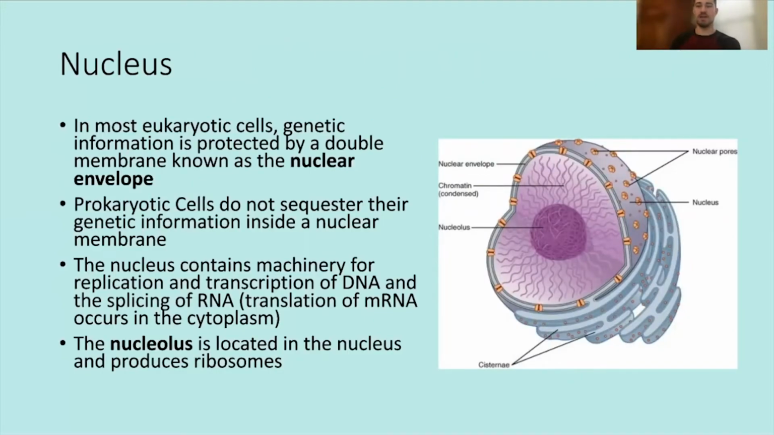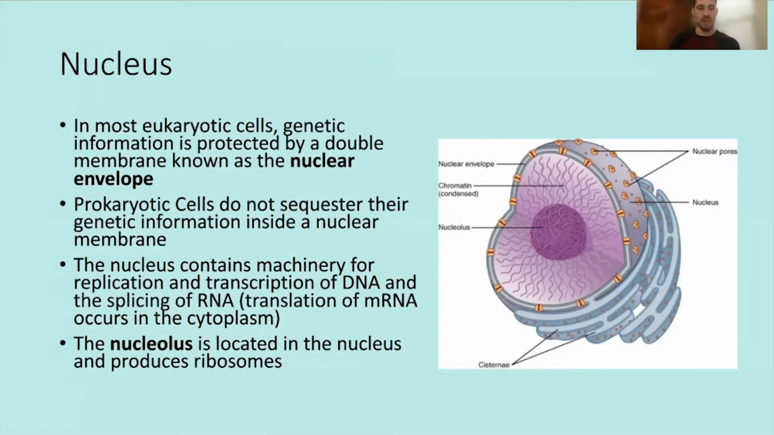So the nucleus, obviously, we have in most eukaryotic cells. Genetic information is protected by a double membrane known as the nuclear envelope. Prokaryotic cells do not sequester their genetic information inside a nuclear membrane. Bacteria, for example, have plasmids. There are different ways that a cell can store its genetic information, but in eukaryotes, we like to sequester it safely inside the nuclear envelope so that we can carry out our functions safely inside there, away from all of the degradation that occurs in the